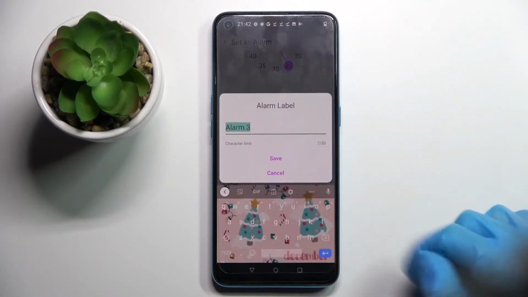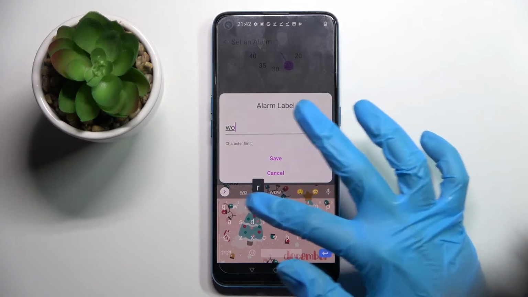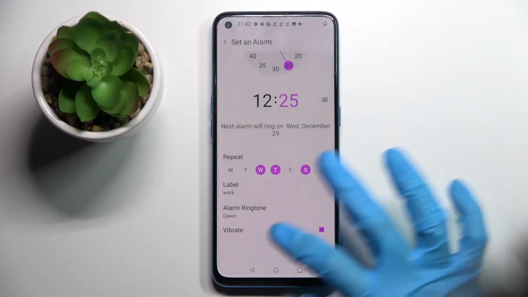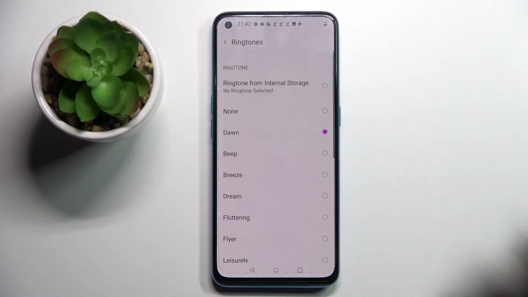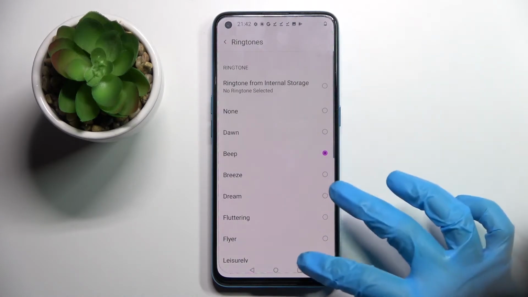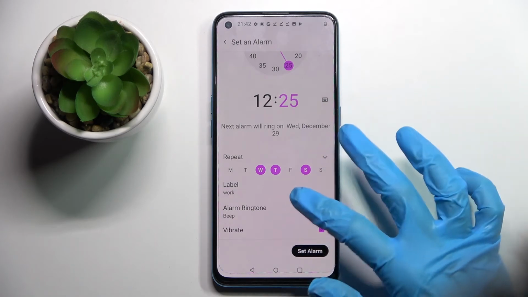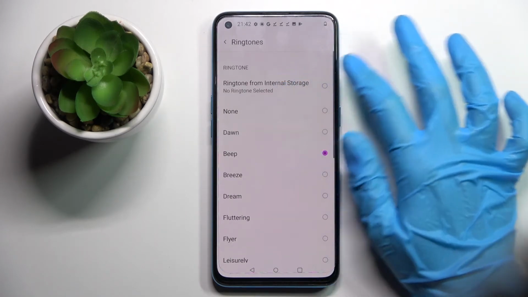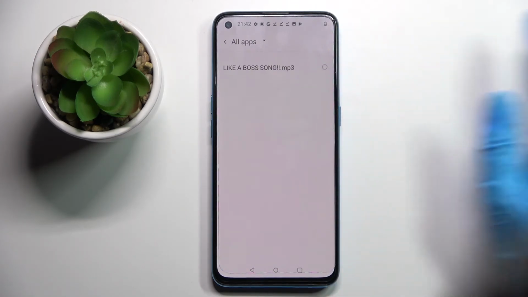Then click on label your alarm however you wish to. Click on save and tap on alarm ringtone. Over here you can pick one of those melodies by tapping on the one that you wish to set up and going back. But you can also choose alarm ringtone, tap on ringtone from internal storage and click on the